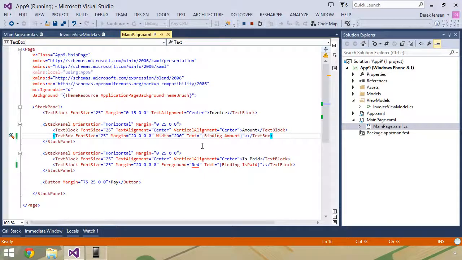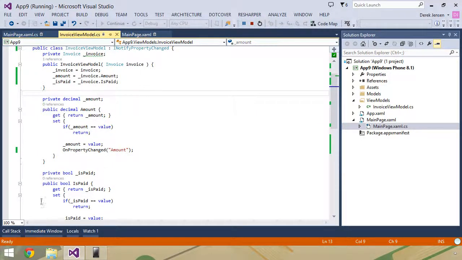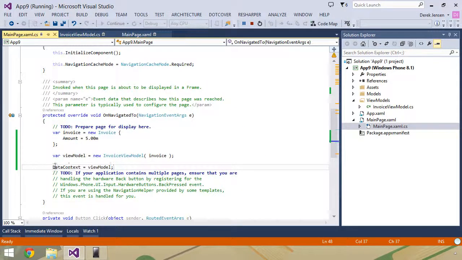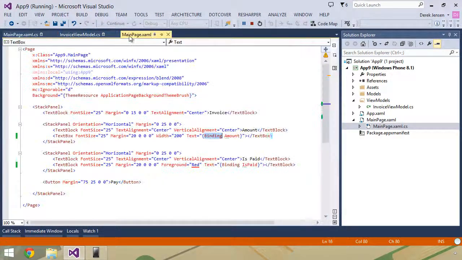We've created an abstraction between our view model class, which exposes properties, and our view, which binds to it using this special binding syntax within curly braces. Whatever has been assigned to the data context of my main page, which is our view model, is now the source of our binding, and all we have to do is specify the names of the properties on that data context that we want to bind to these values.